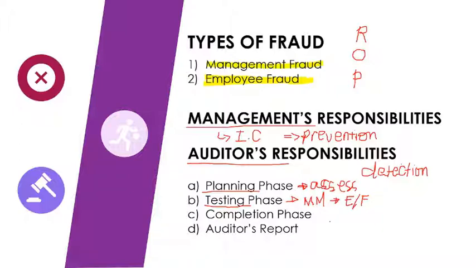So the weight is heavier if the fraud you found is already material. As an auditor, you are the one claiming that the fraud they committed is material. So you need proper evidence to support your claim, because those evidences will be presented in court. When the case is filed, the evidences you found show the court that this individual is involved in this specific kind of activity, and so on and so forth.